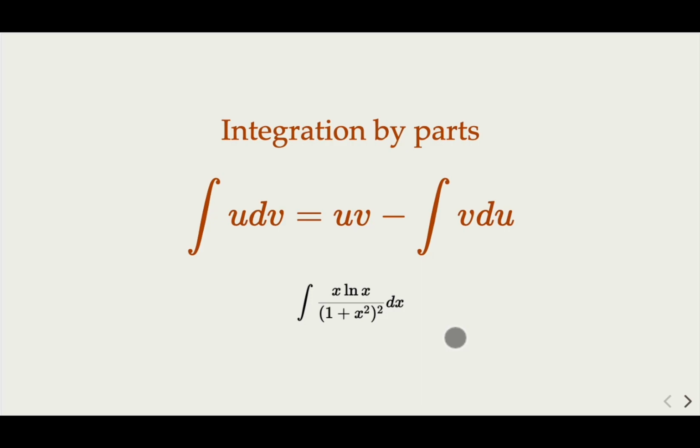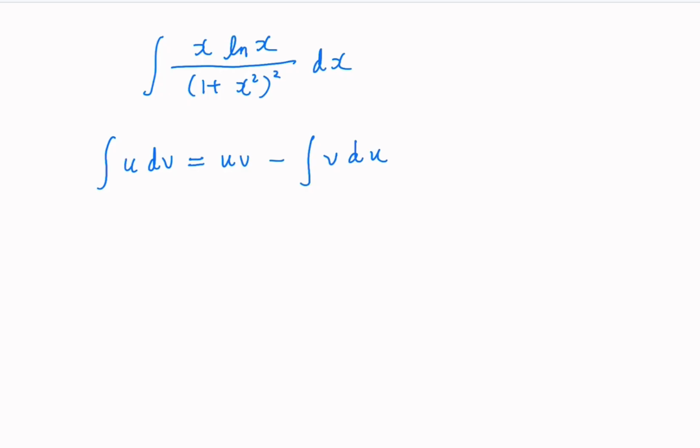Alright, so let's go. We try to use integration by parts. Now, the key here is to figure out which is u and which is dv from this expression. One thing you notice is that for this term, there is x squared and there is x dx. The derivative of this term is x dx. So let t equal 1 plus x squared,